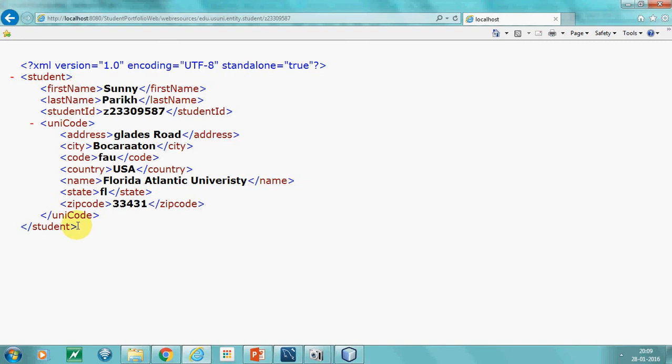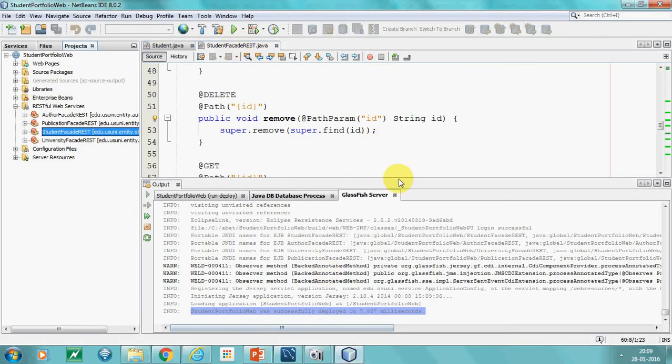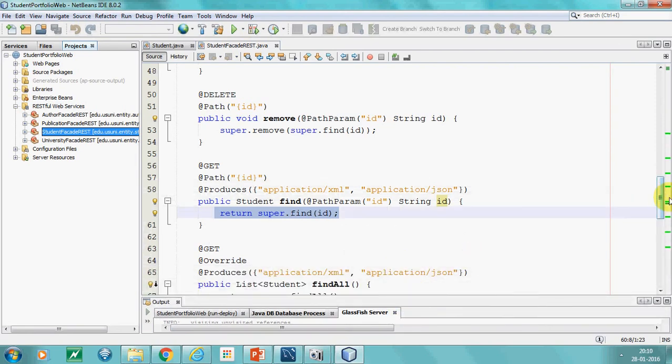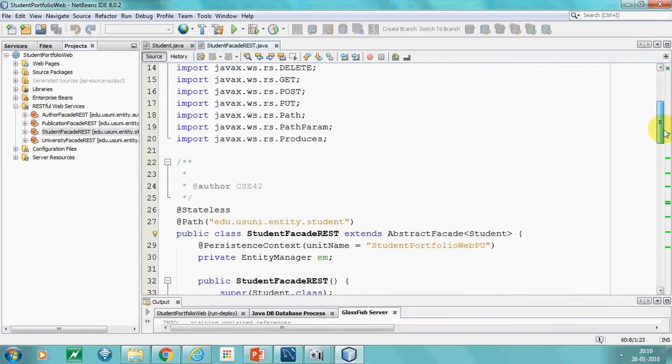Here our web client is the browser. The browser had generated the HTTP GET request and had sent it to this URI, the URI which is shown here. So when this URI was received by our web server, it first of all checked, okay, which is the resource which is invoked. The resource is student. So it will find the corresponding student facade REST class, which is this one, the web service class.